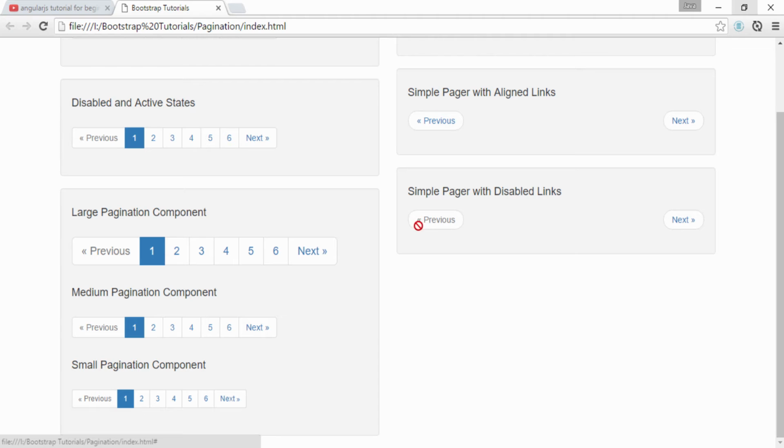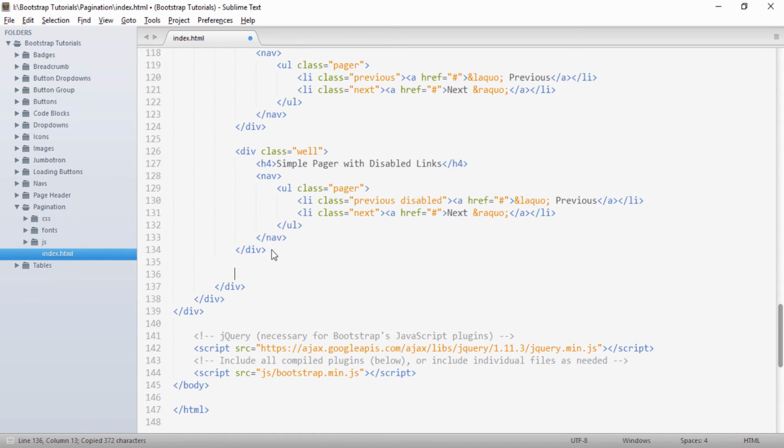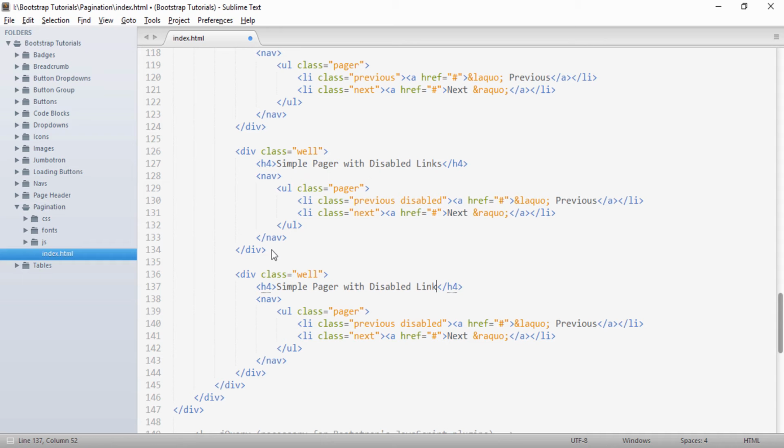And suppose you want to change the symbol. Currently you can see the symbol is a left angle quote. If you want to change this, we can even change that. Going back to our Sublime Text, I will quickly copy this and paste it below. I will provide a heading to it as simple pager with left and right arrow.